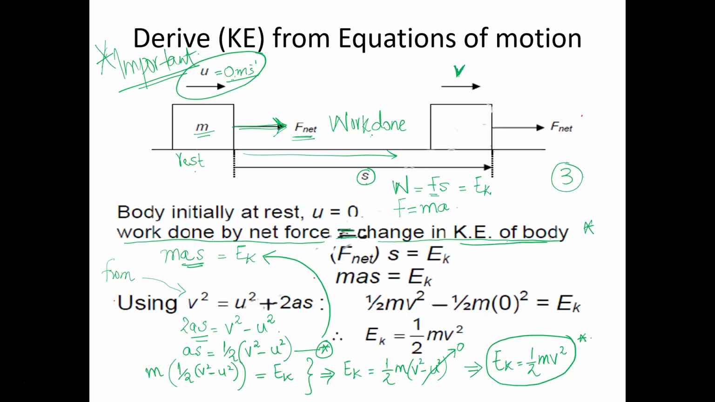And we know how we can find out the work done. It is equal to net force multiplied by displacement, which is equal to kinetic energy. And from Newton's second law of motion, we know F is equal to ma. So this becomes mas is equal to kinetic energy. अब मुझे एक चीज और पता है कि from equations of motion 2as is equal to v square minus u square, and as can be found as 2 को मैं